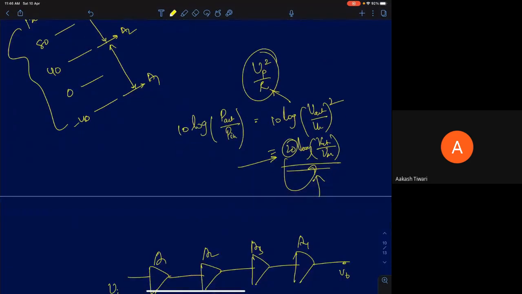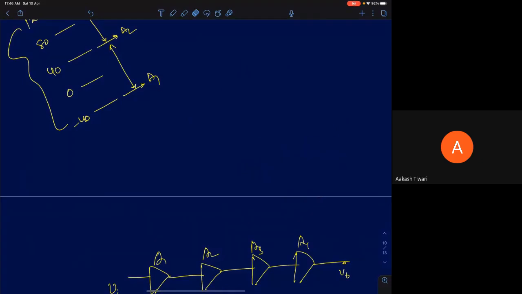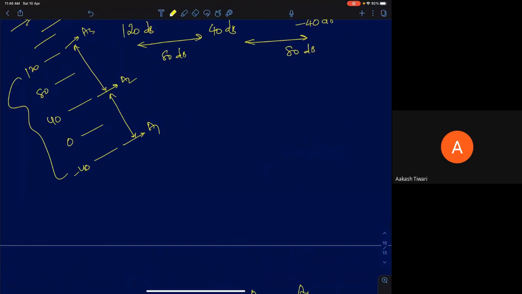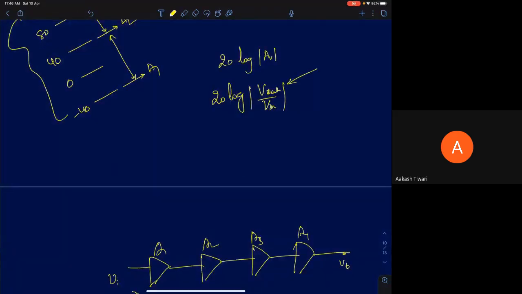So you can take it for now that if I want to plot gains, generally we take 20 log of mod of voltage gain. Generally logarithms we apply for ratioed quantities. The quantity has to be a ratio of two similar quantities. So it will be a ratio of two voltages, V out upon V in for amplifiers. This is for voltages: it should be 20 log. If you take power, it will be 10 log of P out by P in.